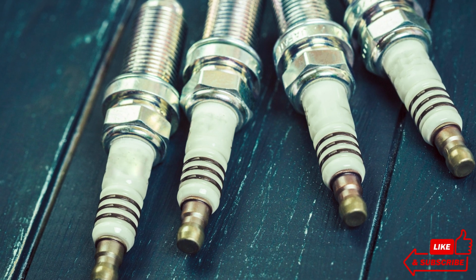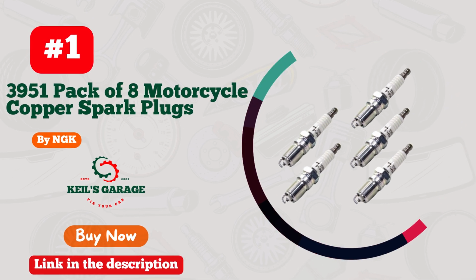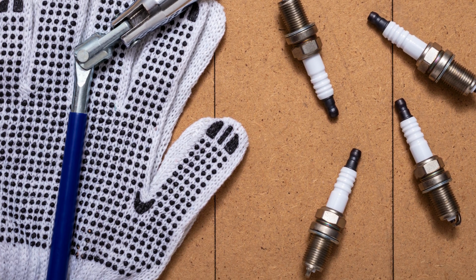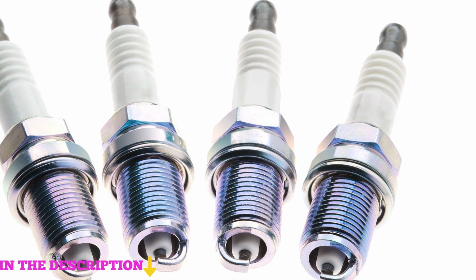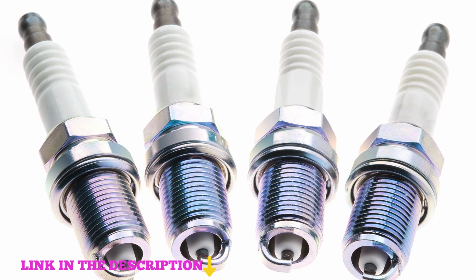Let's get started. Number 1. NGK 3951, a pack of 8 premium motorcycle copper spark plugs designed to elevate your riding experience. Crafted by NGK, a trusted name in spark plug technology, these plugs ensure optimal ignition performance, enhancing engine efficiency and